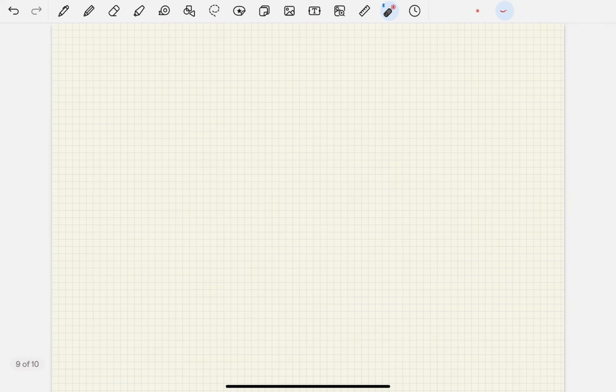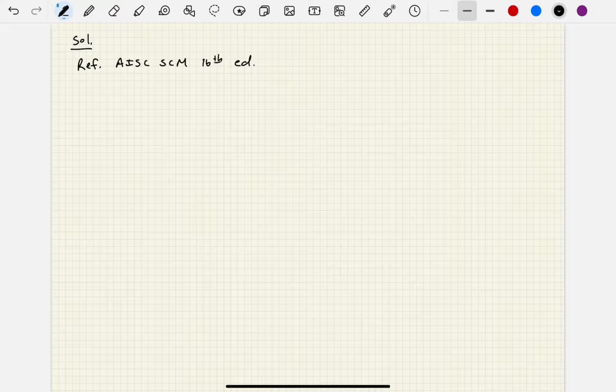So I'm going to scroll over to the next page, and I'm going to go ahead and write solution here. And I'm going to say we're going to reference the AISC Steel Construction Manual, I'm abbreviating that SCM, 16th edition along the way. Okay, so the first thing we need to make note of is which buckling limit state is going to control for this kind of configuration. Well, we're going to make a note here. We're going to say flexural buckling